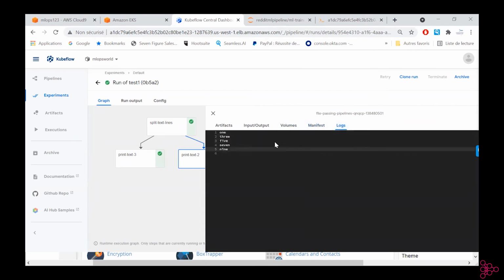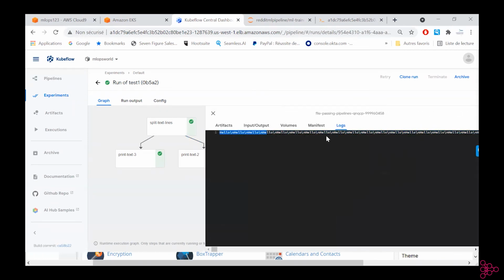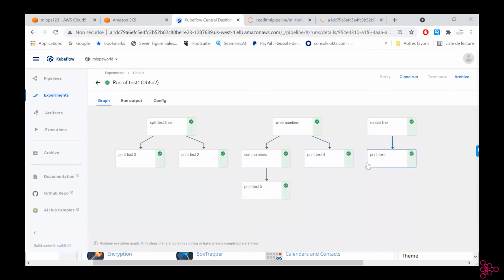Here in the logs, I just print out random numbers. Same thing for the rest. Here, oh, I have printing problems. It's supposed to go back to a new line. That's not the case, but that's fine. It's still processed in the right way.